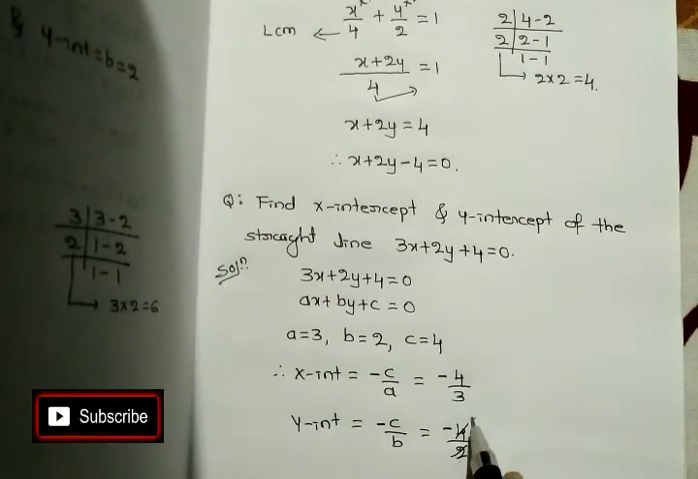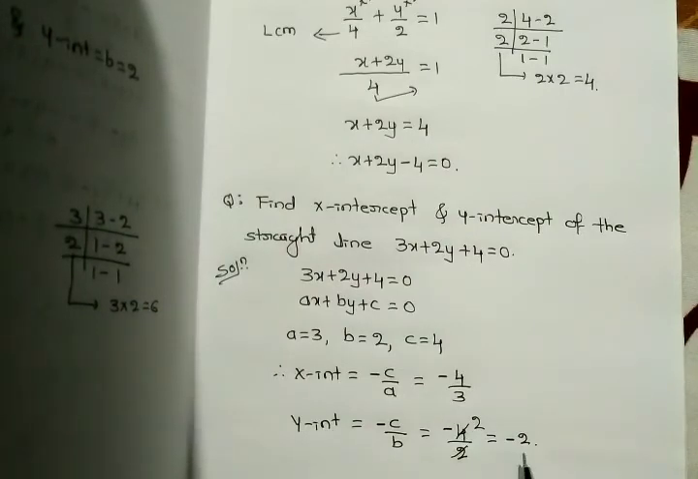So 2 1 2 2. So answer is minus 2. So x intercept value is minus 4 by 3. Y intercept value is minus